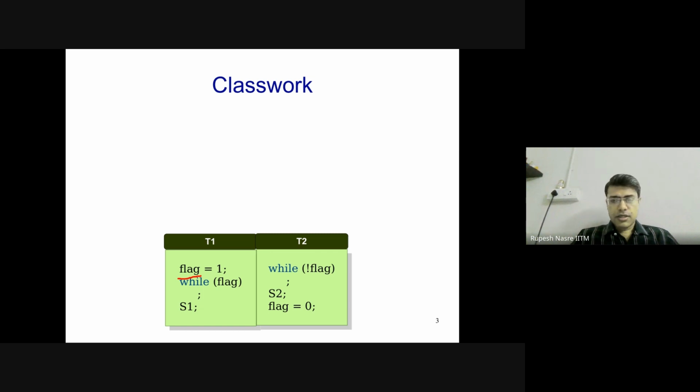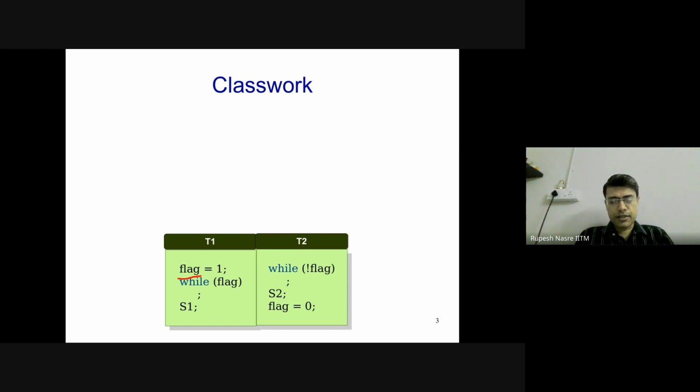Flag value is 1, and therefore while not of flag is 0, and therefore it came out and started executing S2. Right? And then it set flag equal to 0, for thread 1 to execute. So let's say thread 1 starts executing after flag equal to 0, then flag becomes 1, and then while flag